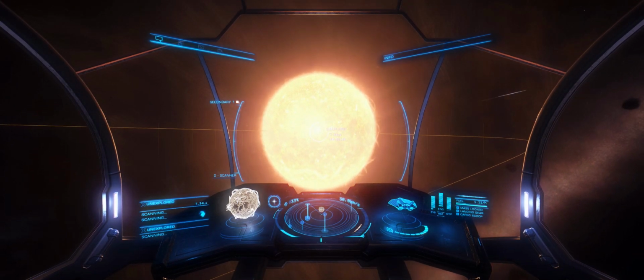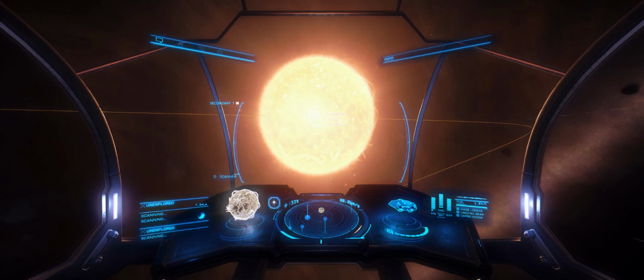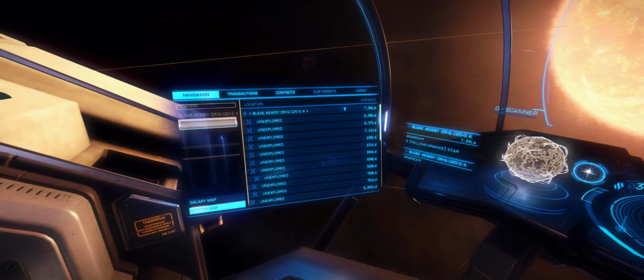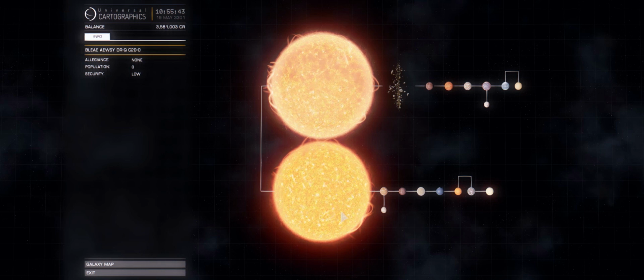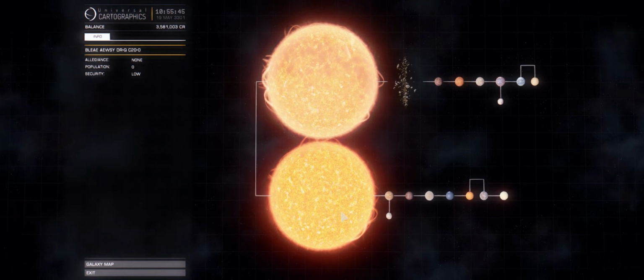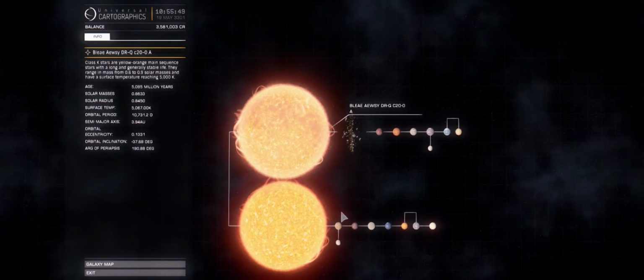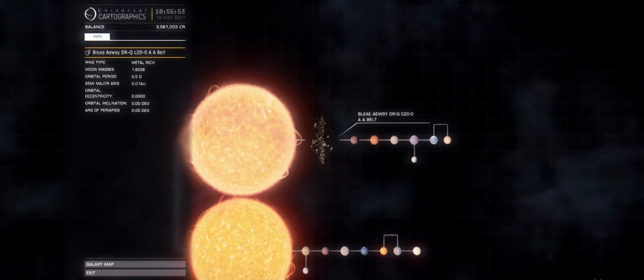A few jumps later I found what turned out to be a very valuable system. Really nice find. Just scanning the star here, which is a K class star, like our own star, the Earth star, and look at what we've got here. All of this is completely undiscovered. No one's been here at all yet, and we've got a bunch of metal content planets here, that's clear, but